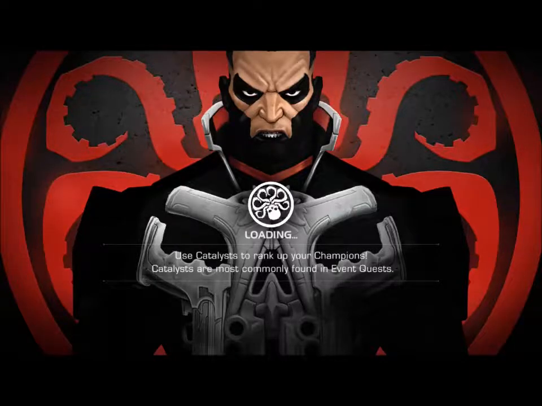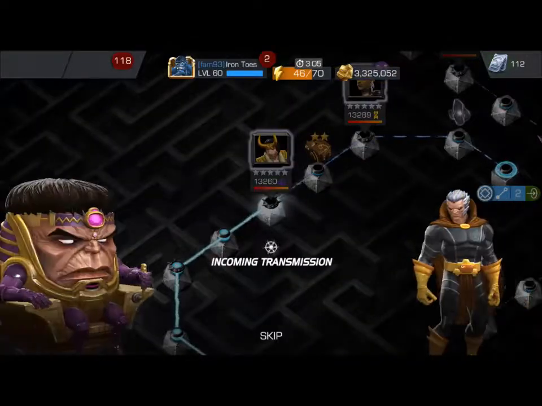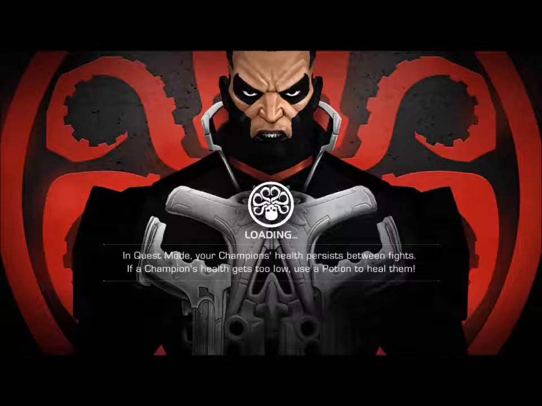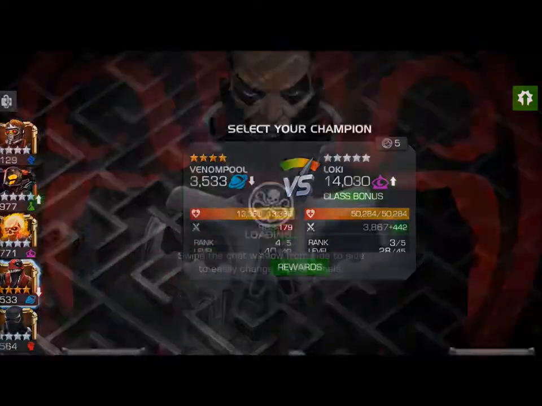So what's next? Next in line is, I remember, Loki. So Loki, normally we'd use science, but we're going to use, oh, we got some story here. We'll skip that for now. We're going to use Cosmic. The Cosmic I brought was Venom Pool. Venom Pool I chose because this level 1 does